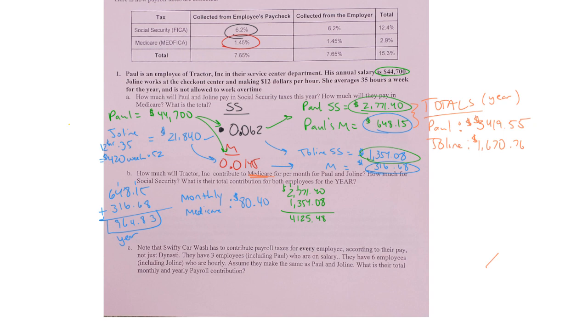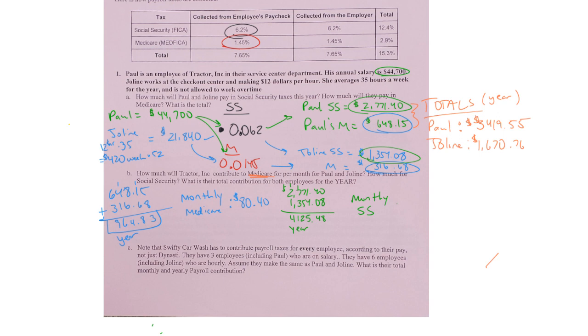So I get $4,125 for the year. So I'm going to divide that by 12. So again, I get, and I'm just going to double check my math because I did it in my head. I did it by hand. So I'm just going to double check and make sure 2,771.40 plus 1,354.08. Yeah, I was right. So I'm going to divide that by 12. So I get monthly